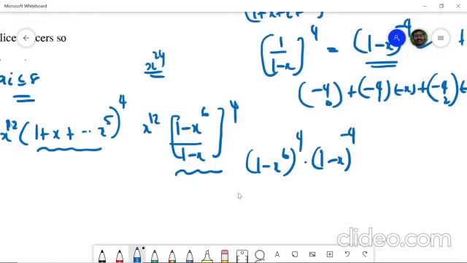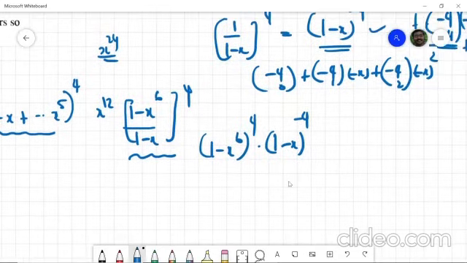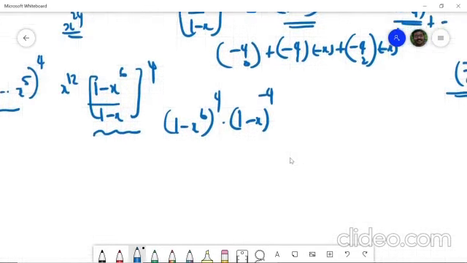So we will just take the product, and from that we will find the coefficient of x raised to 12 from that product. Okay, so how will you do it? We will apply the binomial theorem there itself. So it is actually